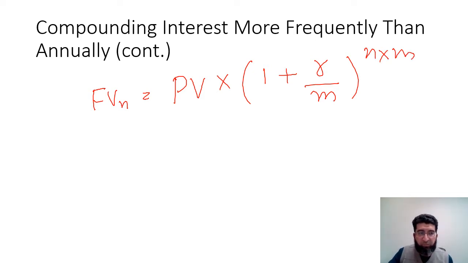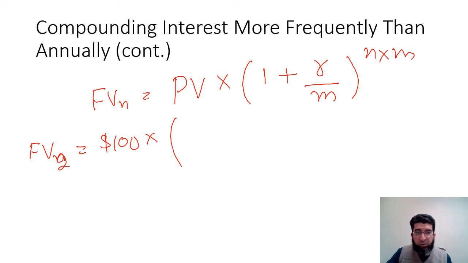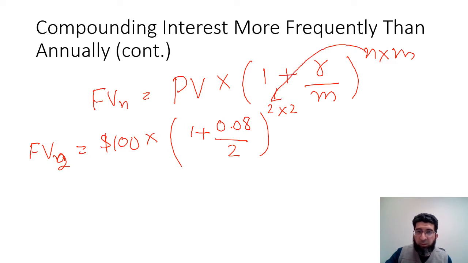For instance, for the same example with semi-annual compounding, future value for 2 years equals $100, the present value, multiplied by 1 plus 0.08 divided by 2, for semi-annual compounding, raised to the power n, which is 2 years, multiplied by 2 compoundings. So this is n and this is m, and that will give us a value of